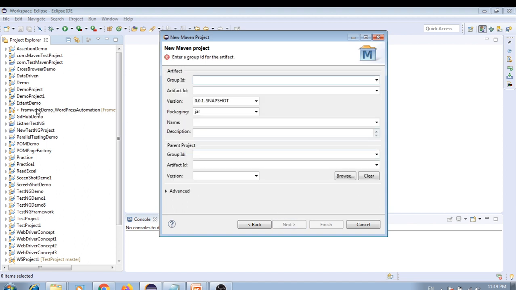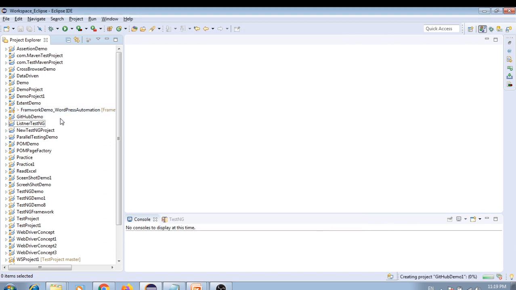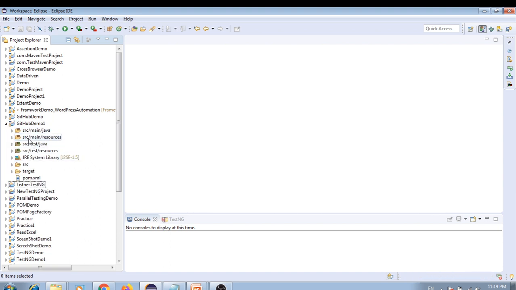And last time we created GitHub demo, so this time I'll name it GitHub demo 1. Click on finish. My project will be created here. So this is the project which I have just created, GitHub demo 1.